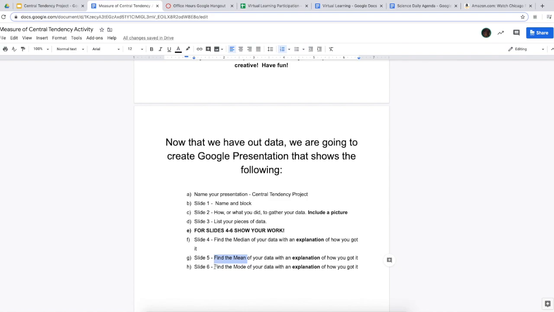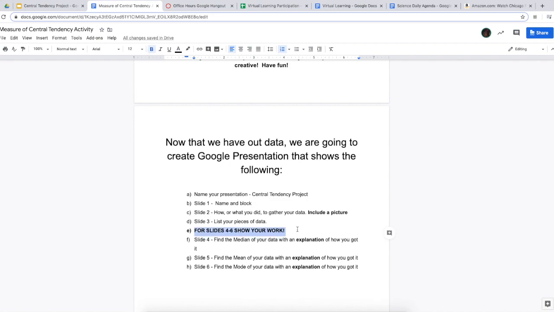And on slide 6, finding the mode, and then an explanation. Again, for slides 4 through 6, you need to show your work. That might mean you do your work in Notability for the median, mean, and mode. Then you take a screenshot and upload that screenshot to slides 4, 5, and 6.